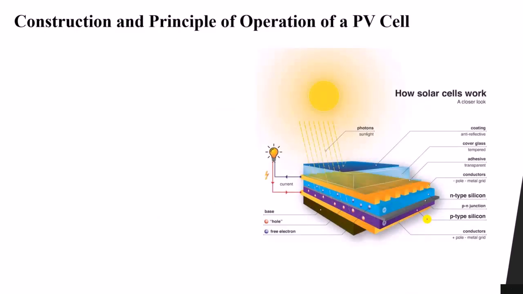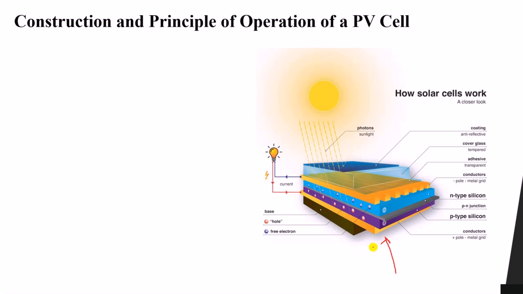Okay, so what we need to know is how the PV cell converts sunlight, or solar energy, into electrical energy. If we take just one cell, this graph represents one cell. Now you can see there is the first layer here. We have a coating layer, or an anti-reflective layer. This prevents the reflection of sunlight and allows all or most of the sunlight to pass through it and reach the inner solar cell.